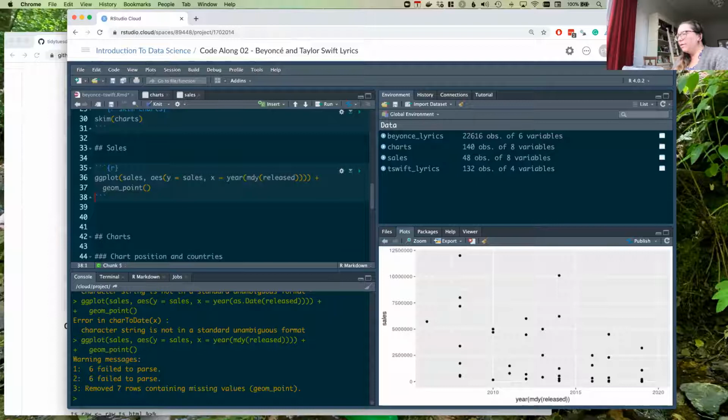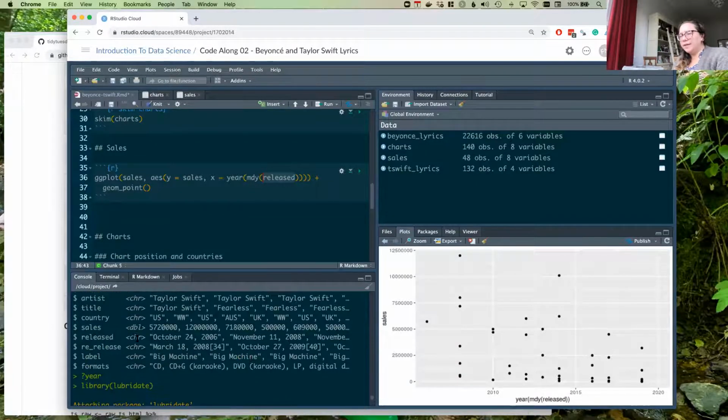Does this work? Here we go. Yeah. So the released variable looks something like this. It comes in the order of month, date, and year. So what I said is turn it into a date that's of the form month, date, year, and then just extract out the year for me.